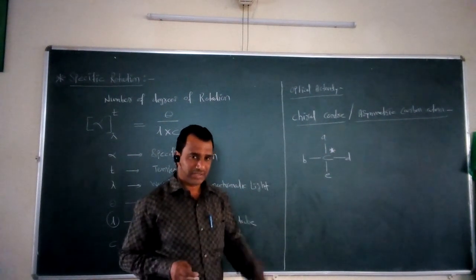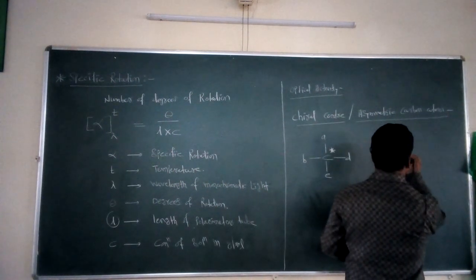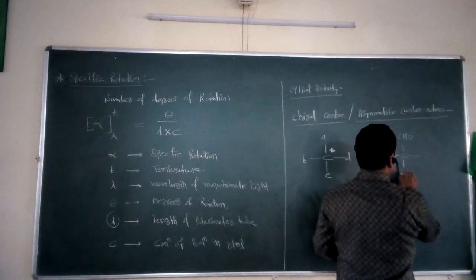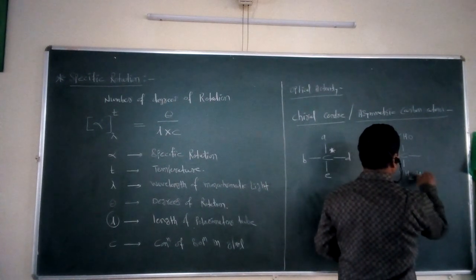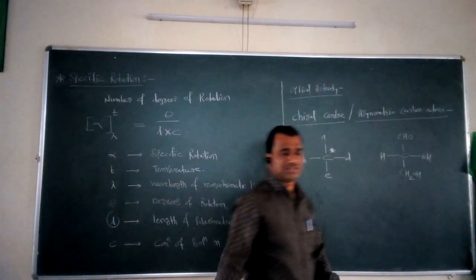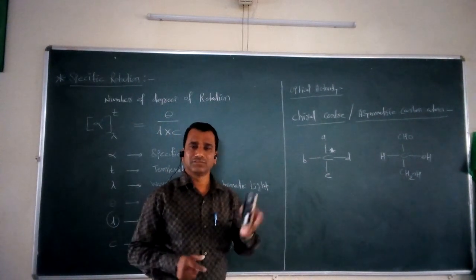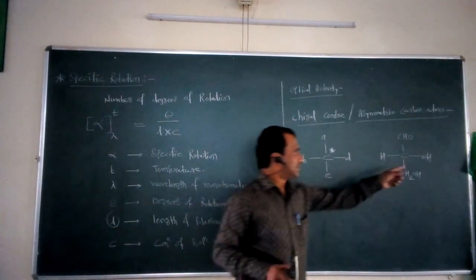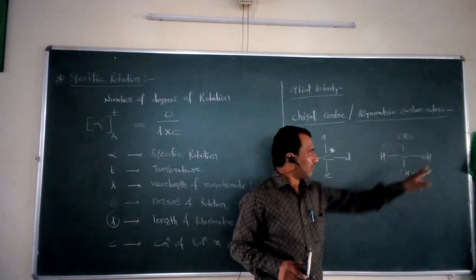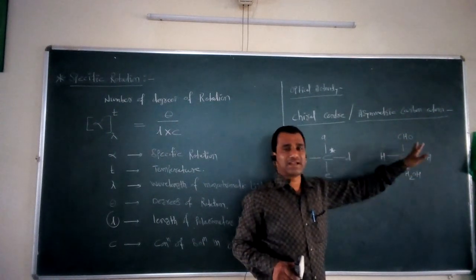Suppose we take a simple example like the molecule with CHO, CH2OH, OH, and H. This molecule is called glyceraldehyde. So in this glyceraldehyde, what happens? This centrally situated carbon is attached to 4 different atoms or groups: one is OH, second is CH2OH, third is H, and fourth is CHO.